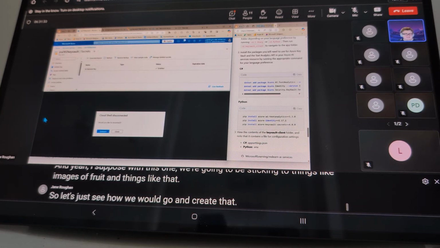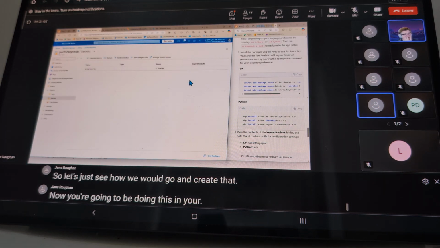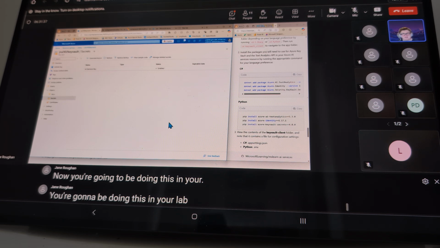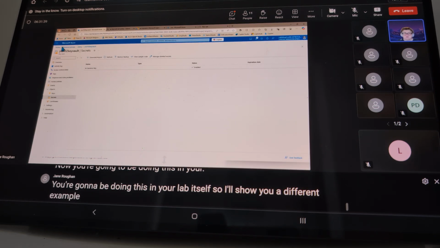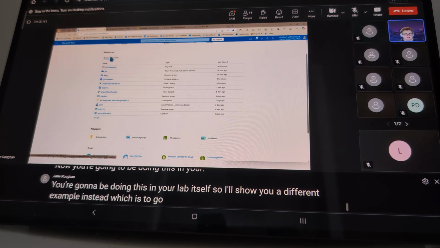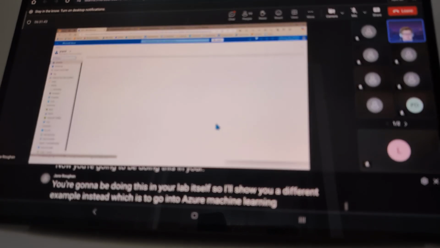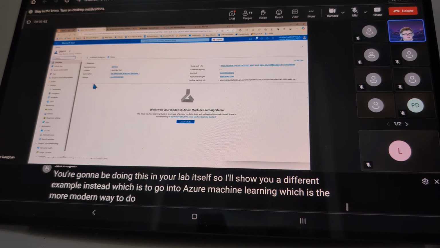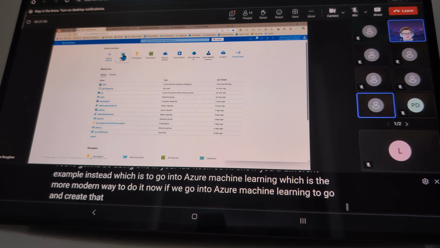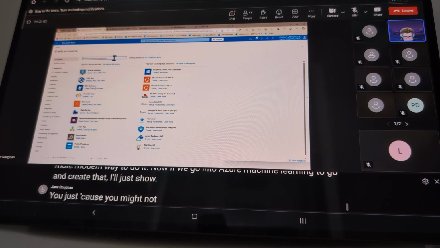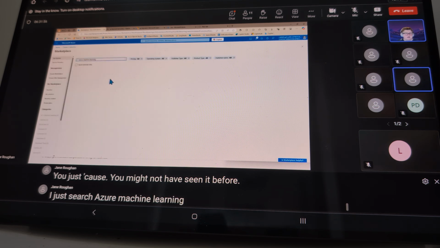Now you're going to be doing this in your lab itself. So I'll show you a different example instead, which is to go into Azure Machine Learning, which is the more modern way to do it now. If we go into Azure Machine Learning, I'll just show you, just because you might not have seen it before. I just search Azure Machine Learning, and it will go and,